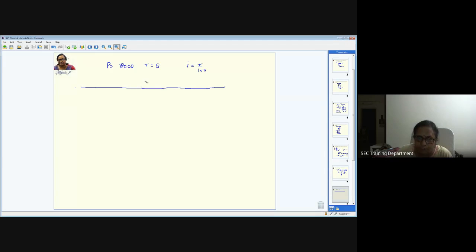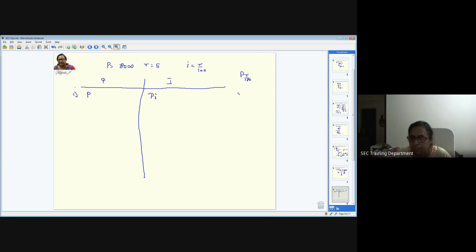So what I do is I divide this into two parts. Sorry, the line is not straight. Okay, leave it. So here, first time when I calculate, I'm going to write the principal here and the interest part here, right? So first, the principal, whatever the principal is given, if you calculate for every year separately, the very first year, what will be the interest? Interest is nothing but P into R by 100, right? That is nothing but R by 100 is I. So I write it as PI.